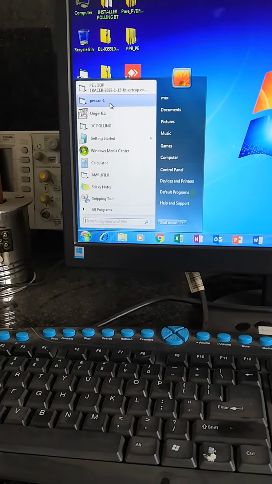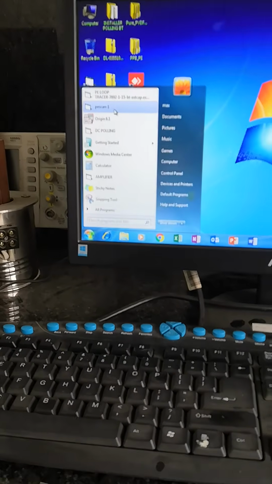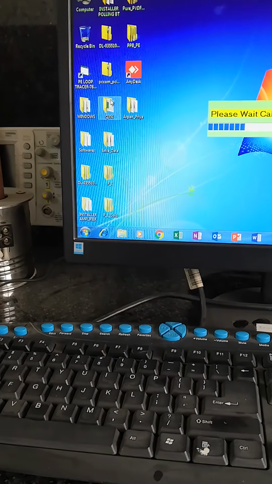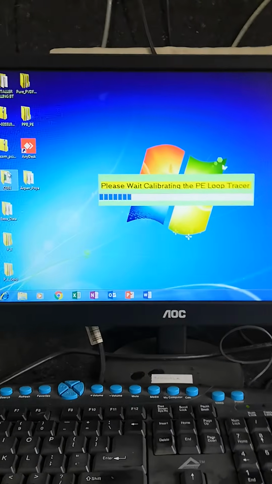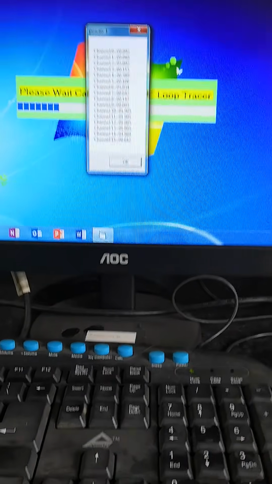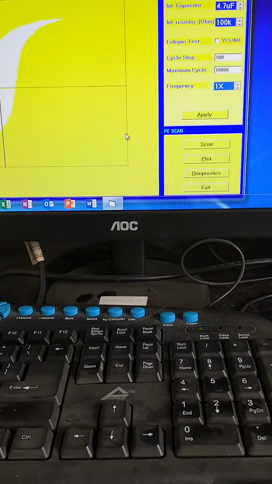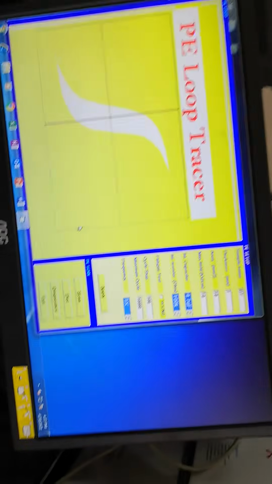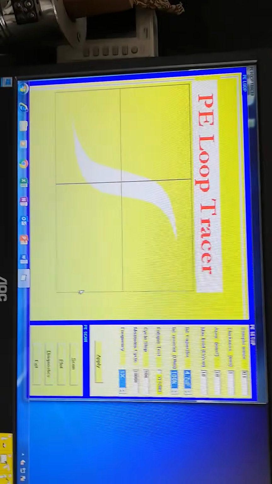Okay, this is the PE scan one. This is the software we use to trace the PE loops. Okay, this is the window. This is the software window.